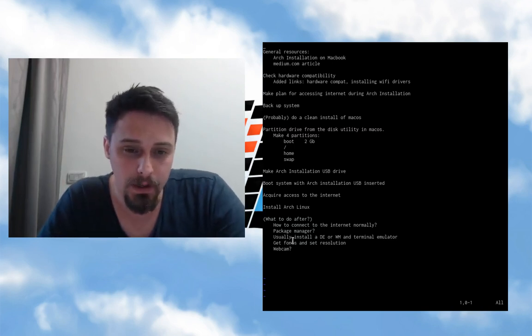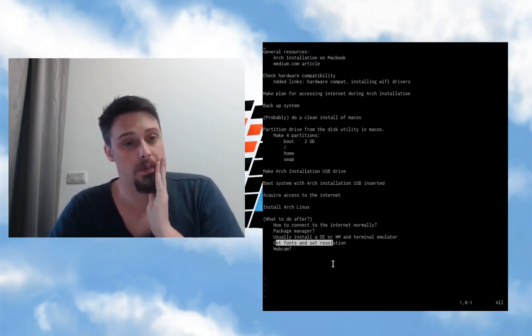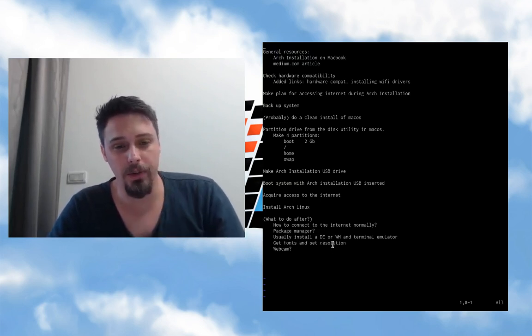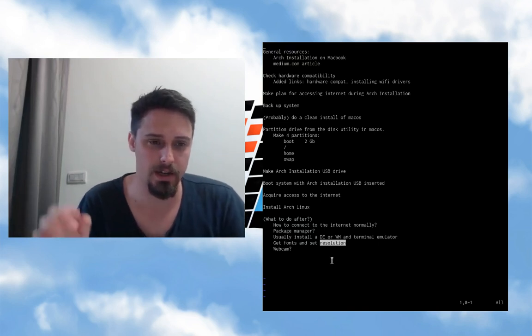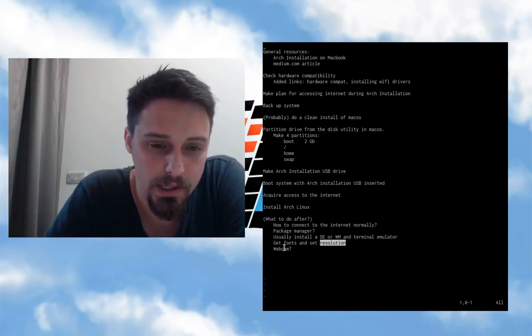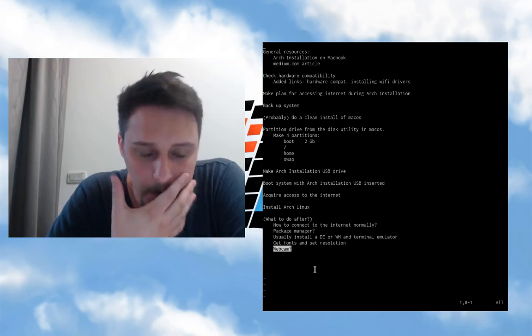You're going to want a desktop environment or a window manager, probably, if you like having a GUI. You're probably going to want fonts, and I have to think about what I called resolution. That's not exactly the technical term, I don't think, but basically the size that everything comes out as. I'm going to talk a little bit more about that. But the webcam, so